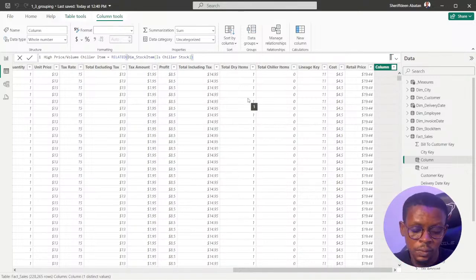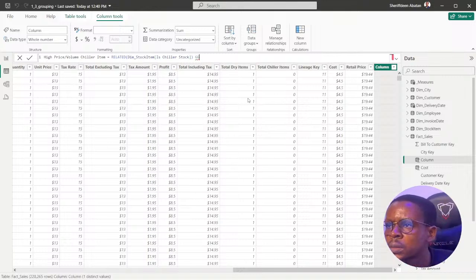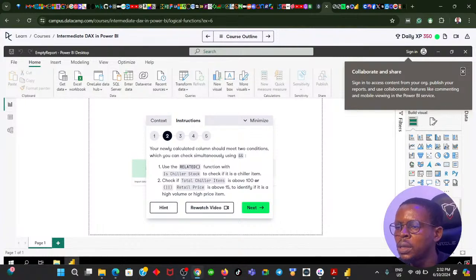So that's that. Then we need to use the ampersand sign. We don't know whether we're going to use the ampersand sign or the or sign. Okay, use the related function with its chiller stock to check if it is a chiller item. Okay, check if total chiller item is above 100 or retail price is above 25 if it's a high volume